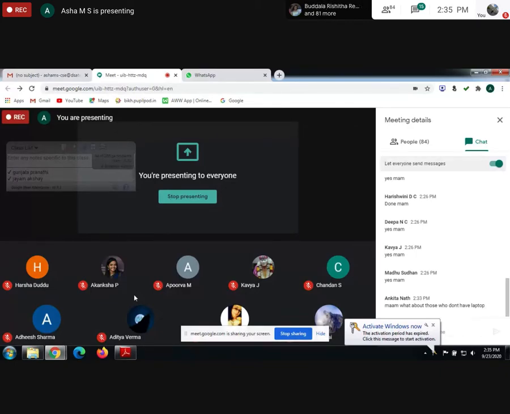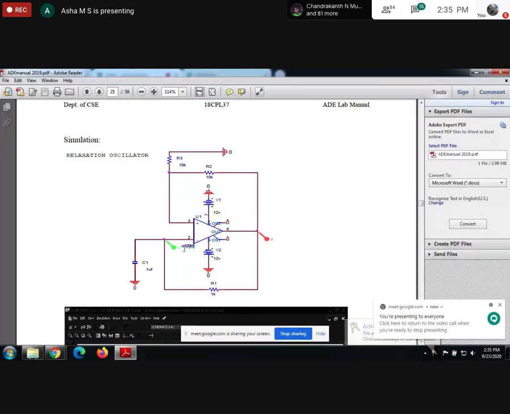Someone texted with the number 481. Is this the op-amp we are using? No, this is not the op-amp we are using. See, this is the name of the op-amp, UA741. Go to place part. In that, just type UA741. You will get the op-amp. See, the op-amp will consist of pin numbers 3, 2, 5, 6, 1, 4, 7 and all.